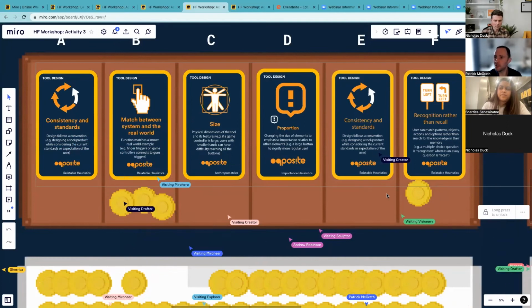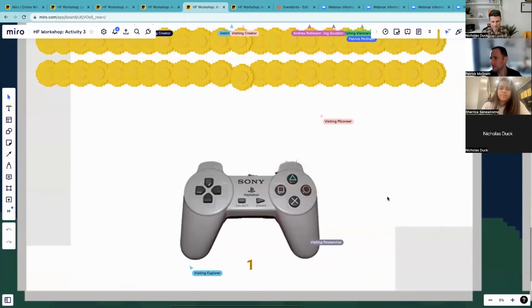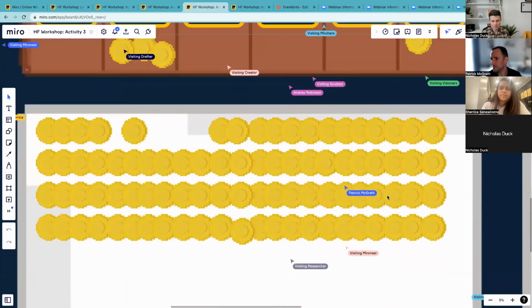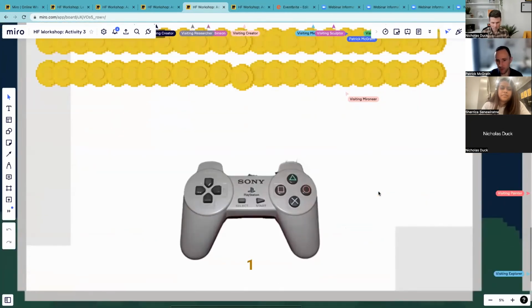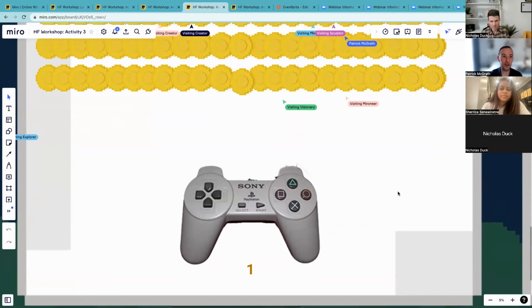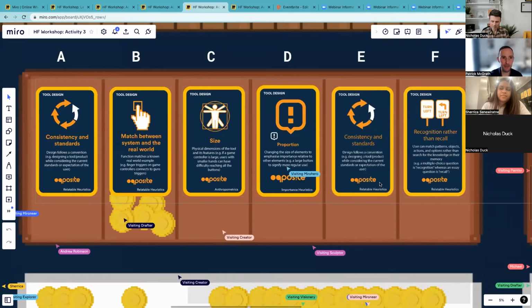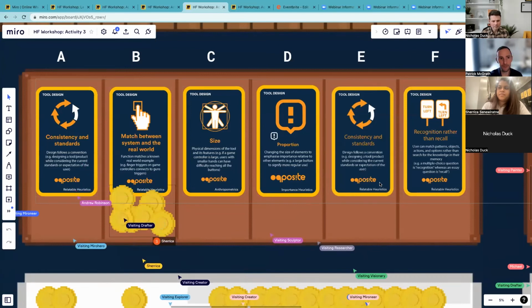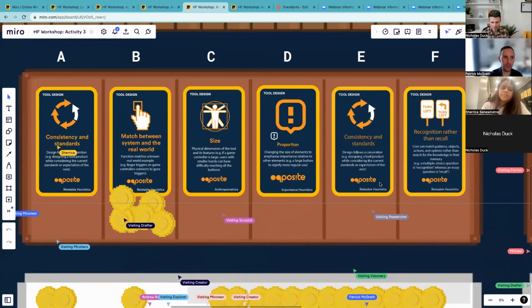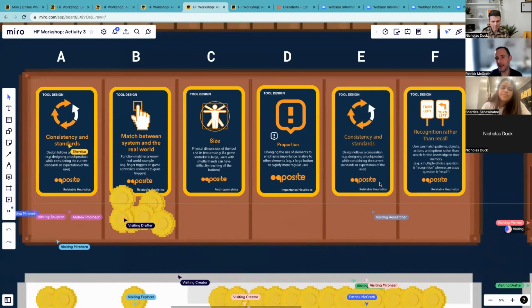I think I tend to agree where this is headed myself. If we take a look at that controller again briefly, it seems to be a trade-off between universality and specificity. You can't have a button with an icon that tells you specifically what will happen if you press the button in a game, because they are used for a great diversity of different types of games. What might be jumping in one game might be acceleration in another game, or something